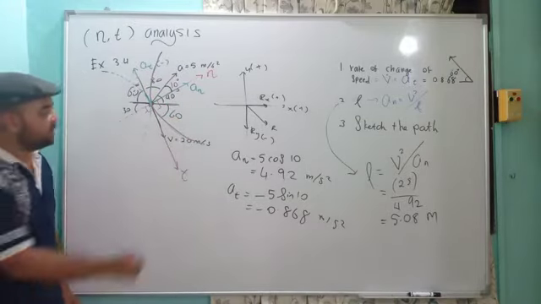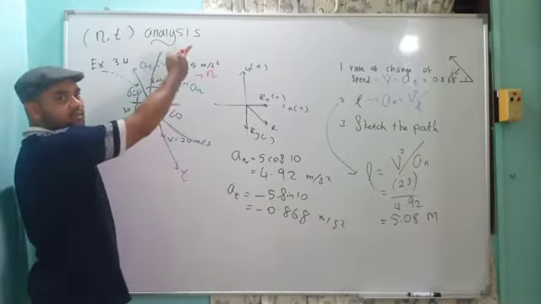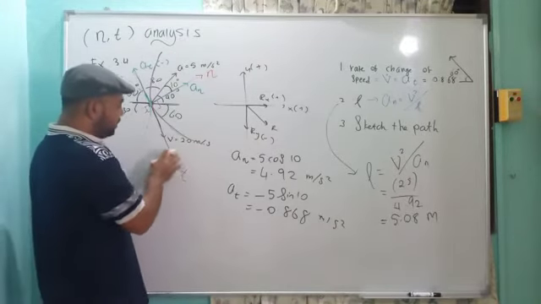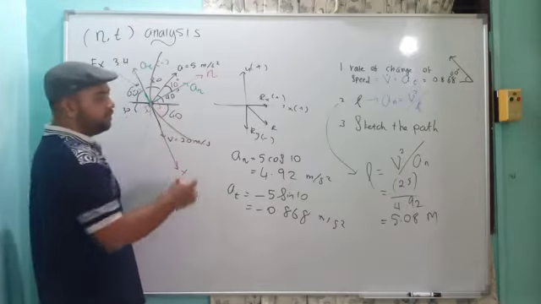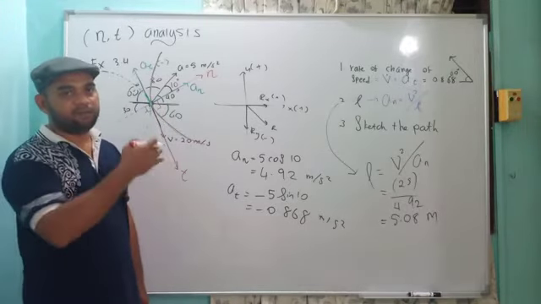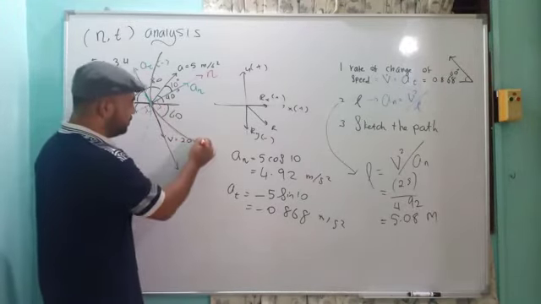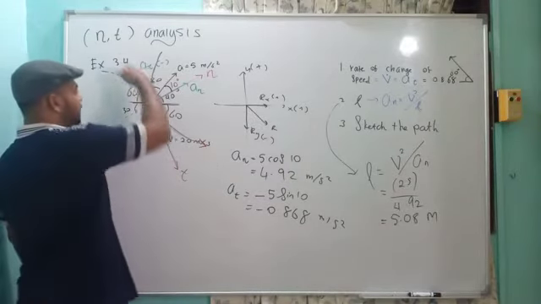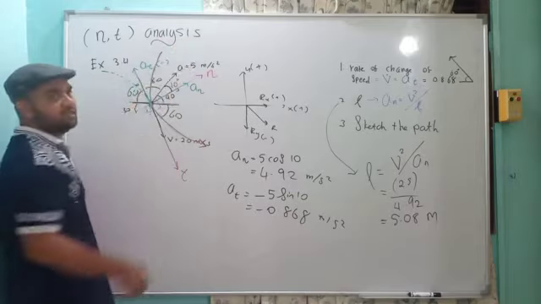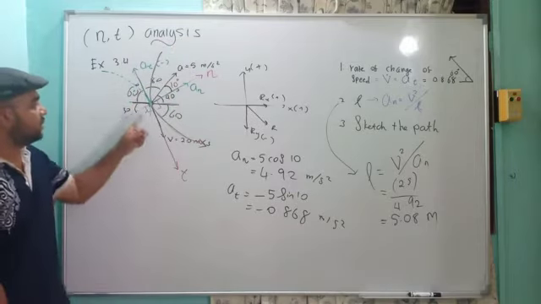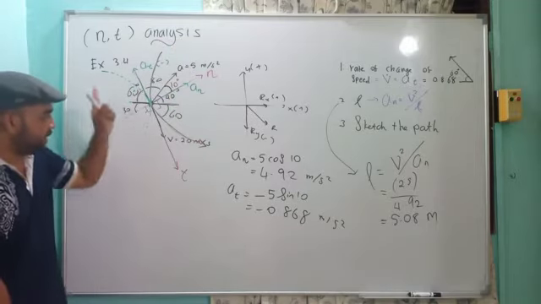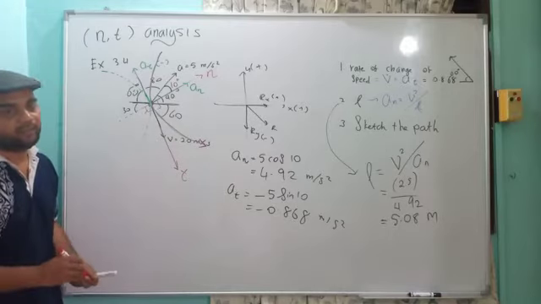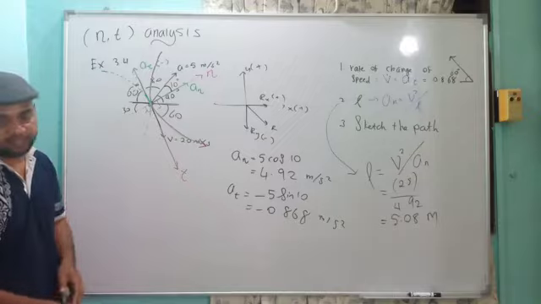Okay, but which direction? Downward or upward? Again, the second piece of information that you know is that the velocity is tangent to the curve and follows the direction of motion. So velocity downward, so this is your direction. If velocity goes this way, the direction will be this direction. So you know this from the tangent and direction of velocity, so you can draw the path. So that's all for this question.